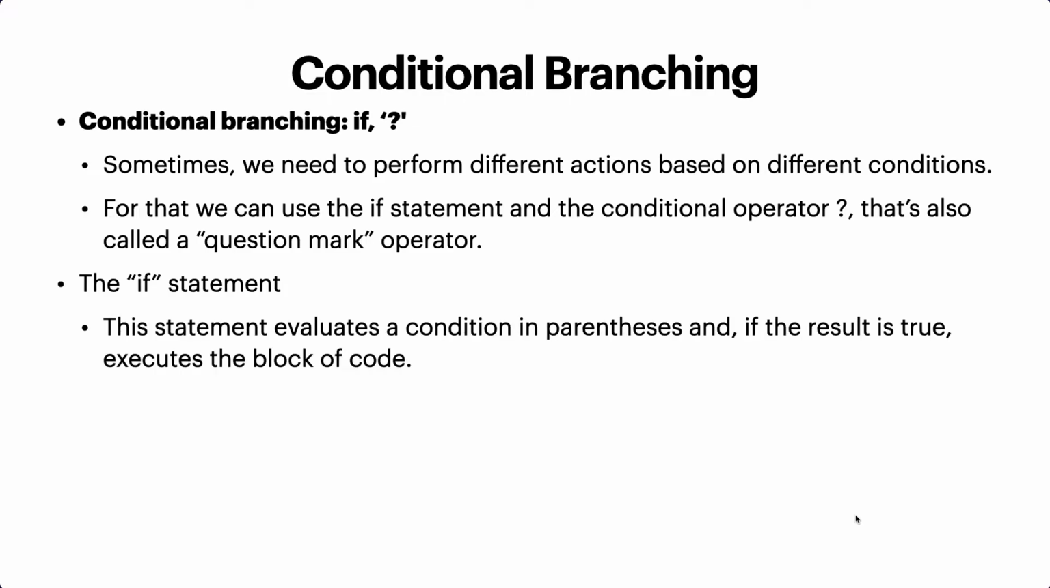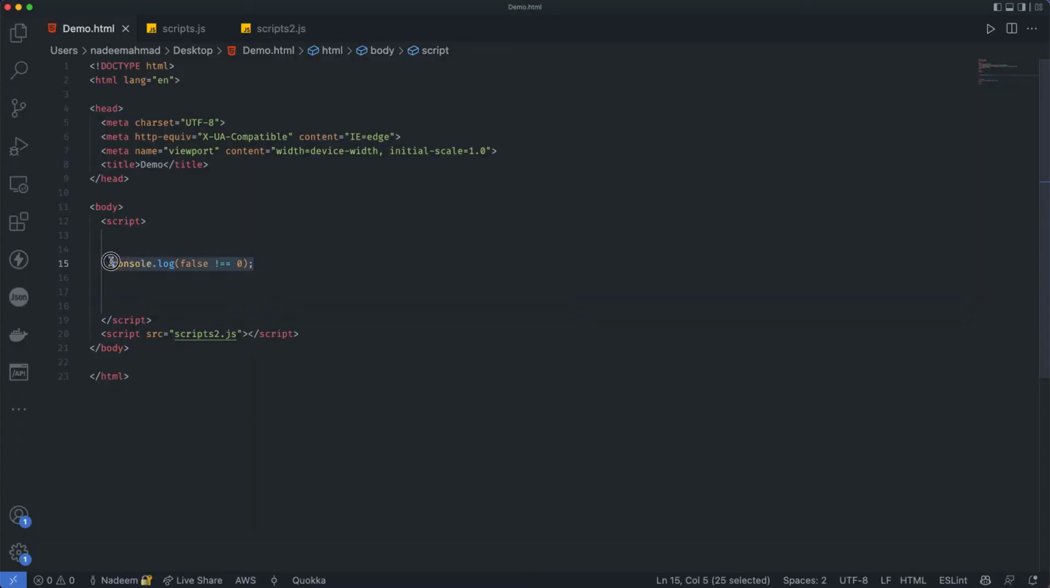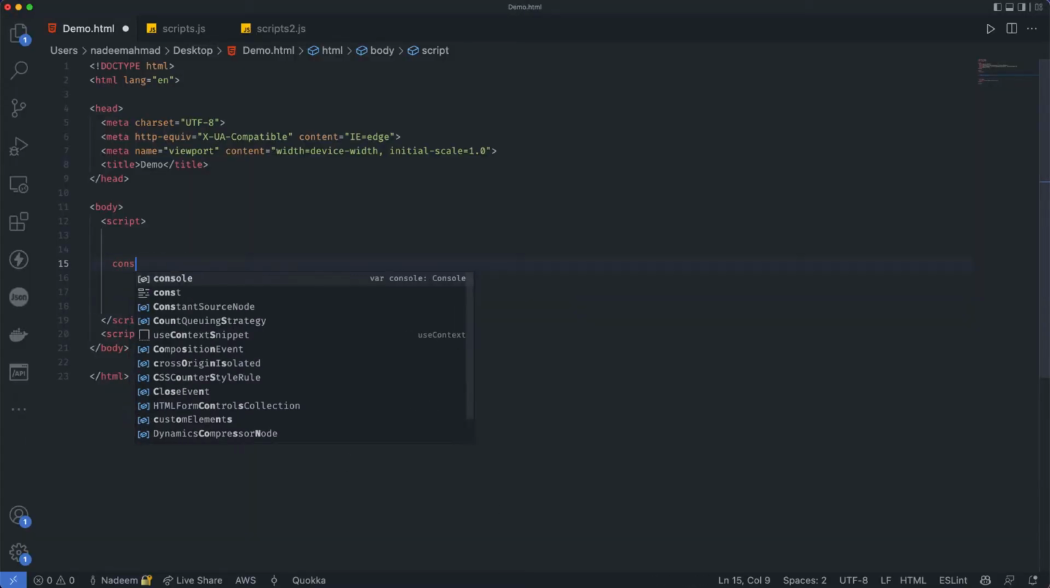if statement first. The if statement evaluates a condition in parentheses, and if the result is true, it executes the block of code. For example, this is how we do the conditioning here. So let's just get some quick hands-on practice. For example, I have